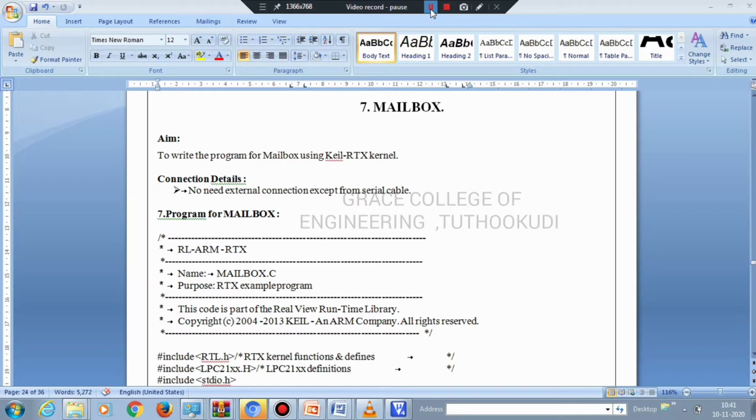This RTX is structured code. It allows us to create programs which simultaneously perform multiple functions and helps us to create applications which are better structured and more easily maintained.